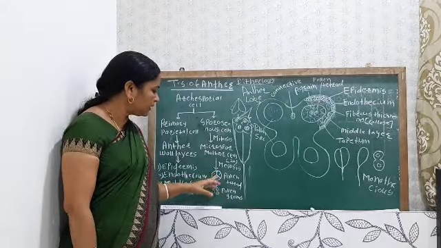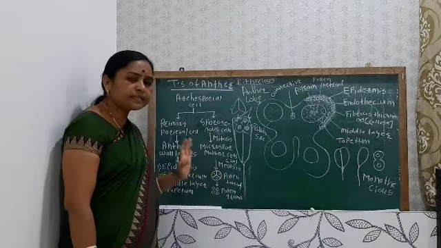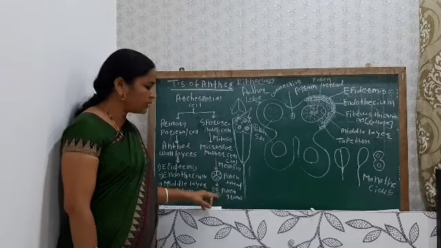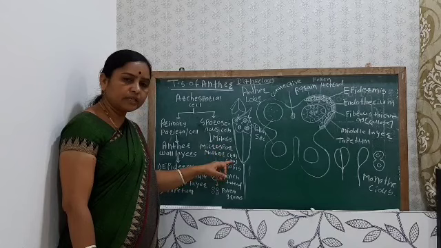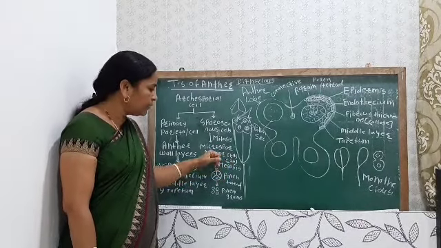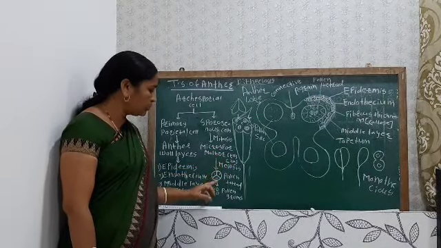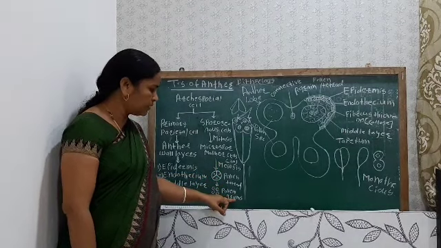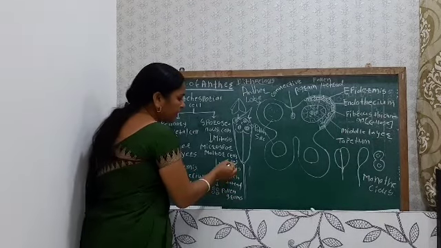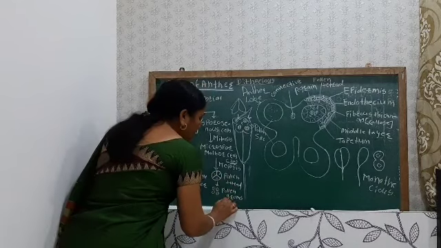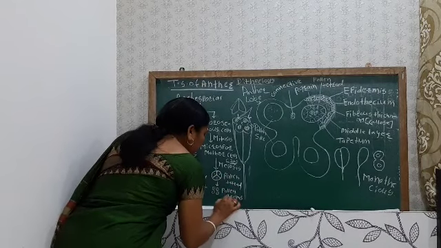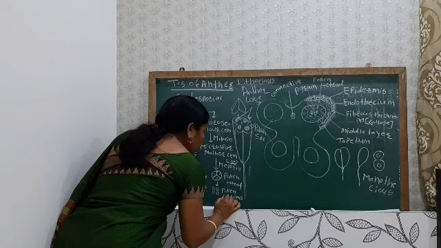Then when the pollen grains of this pollen tetrad get separated, 4 pollen grains are produced. And when the diploid microspore mother cell divides by meiosis, it produces the haploid pollen grains. So here it is the diploid condition, 2n. After the meiosis, it produces the pollen grains which are haploid, that is the n condition.